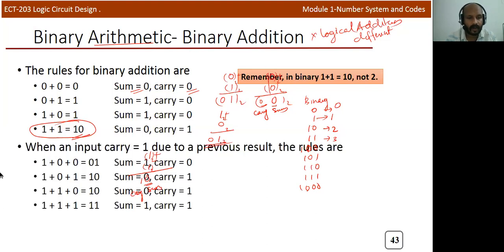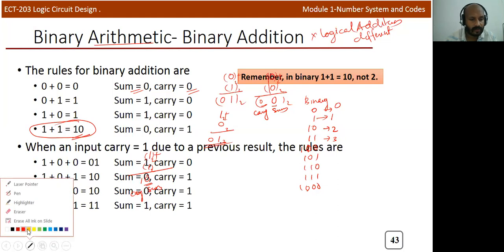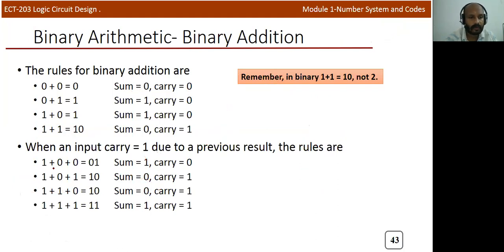Okay, we can think of one more operation if you are using more than 1 bit, or we can say when there is a carry from the previous addition. For example, if you add 1 plus 0, you will get 1. There is no carry. And if you add one more value, 1 plus 0 plus 0, you will get 1. Here you want to add 3 bits at the same time. So 1 plus 0 plus 0, sorry, 1, then 1 plus 0 is 1, and the carry is 0.